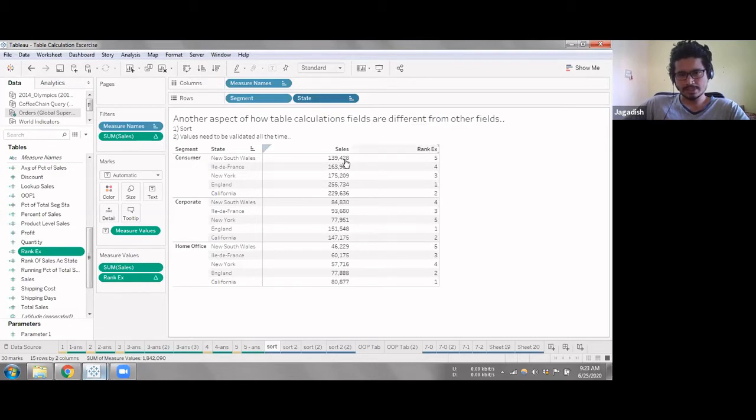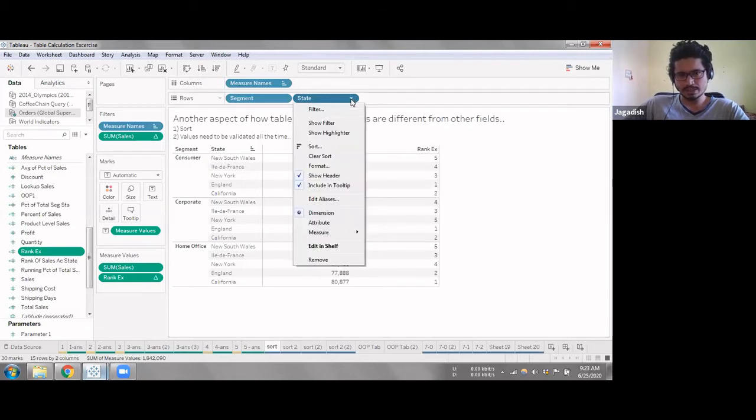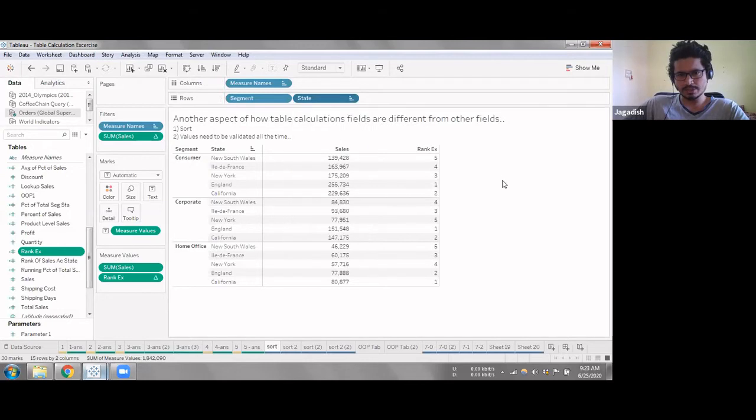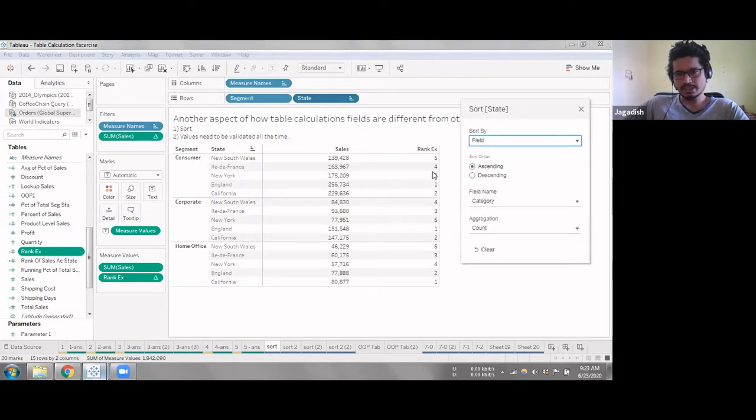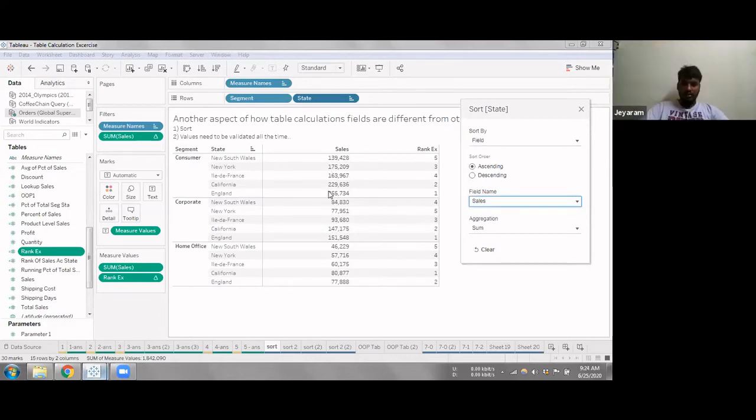So I'll explain. The task that we can do, we can do in other ways as well. For example, I know rank is just dependent on the sales variable. I can just put the sales field here, and it will automatically give me sort. Okay, it's only giving one segment. That's off topic, it's okay.